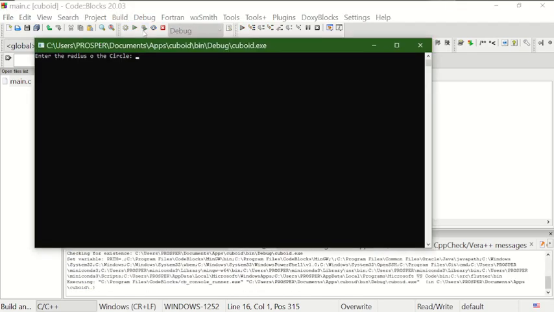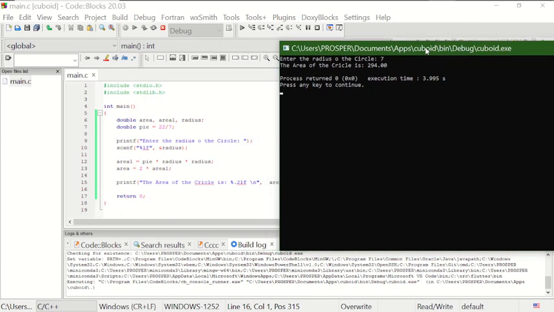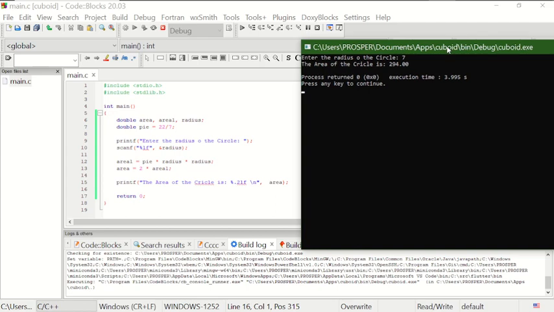Wow, so we're already getting something out. So let's say 7, and we get 294. So is that correct? Is that really correct? If we use math,